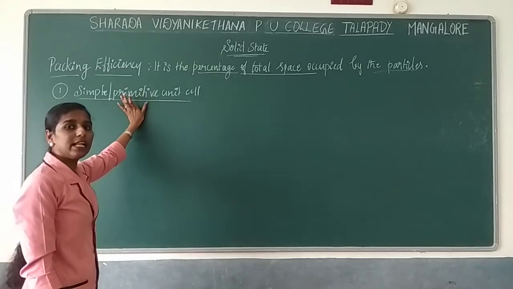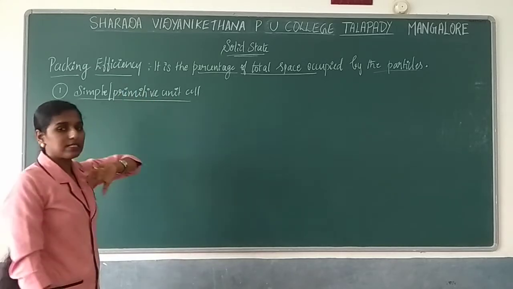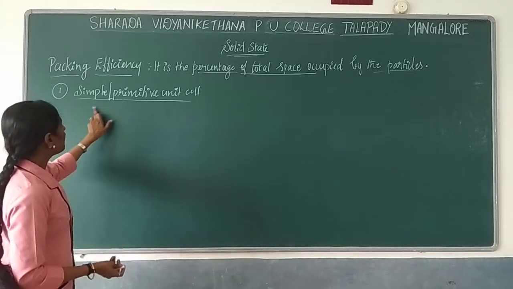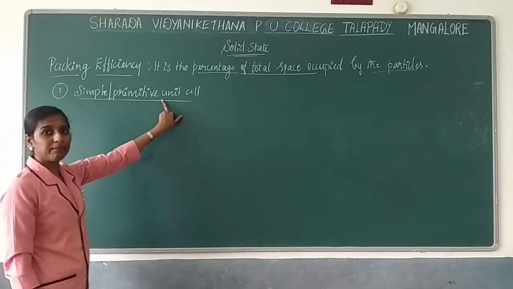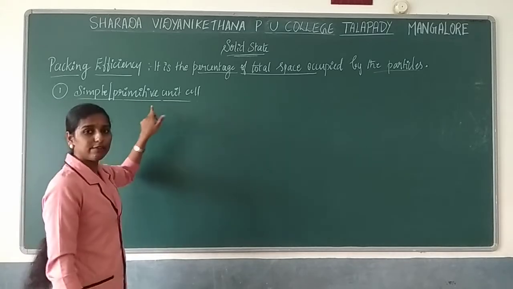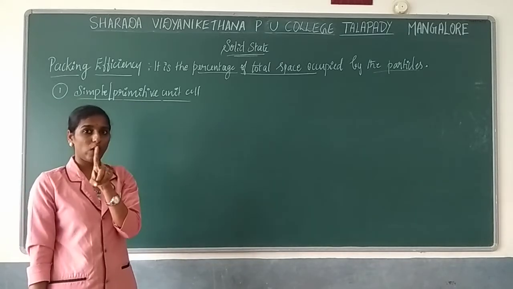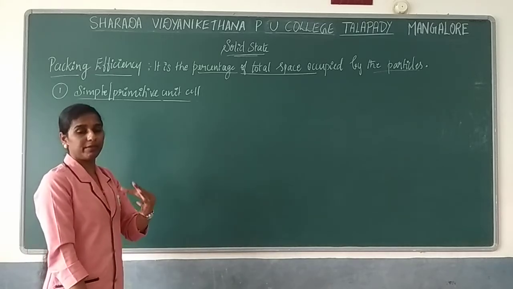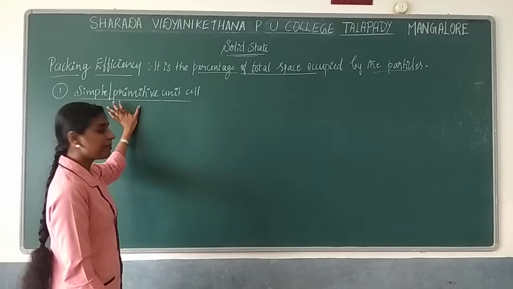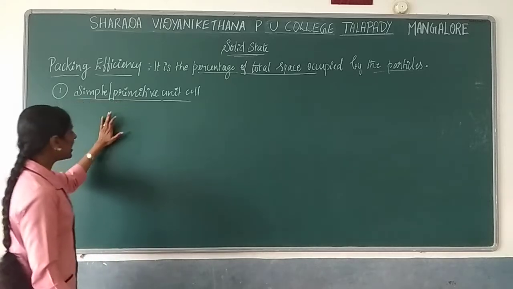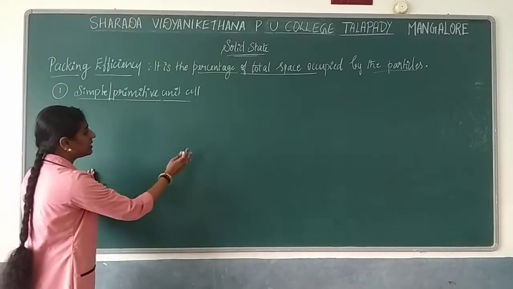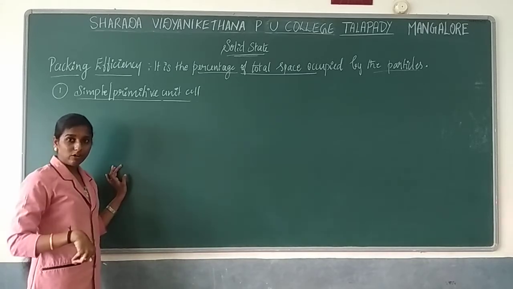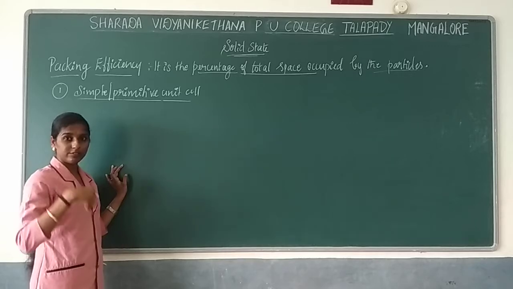So in this unit cell, if we consider, what will be the percentage of the space covered by the particle? Simple or primitive unit cell, in the sense, what will be the number of particles? Here the number of particles which belongs to this cell is just 1, right? So now what will be the space covered by those particles? That will be studied under this concept. First you listen, and once I finish one concept, you just pause it and write by yourself, without skipping the video, okay.